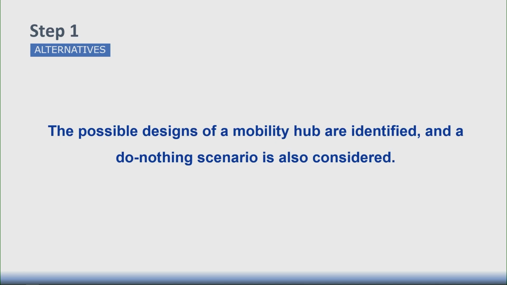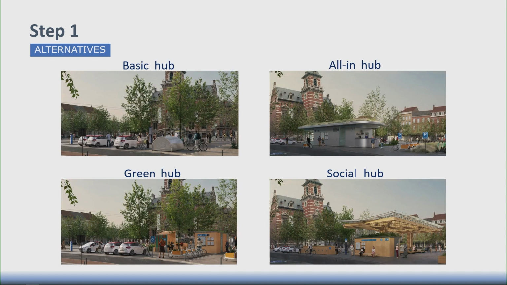Step 1. We need to identify alternatives. The possible designs of a mobility hub are identified, and then a do-nothing scenario is also considered. In this regard, a do-nothing scenario is relevant to know if the implementation of one of the alternatives will be better than implementing none. The 4 alternatives that we're considering for the appraisal exercise that we do today are a basic hub, so a type of mobility hub, a green hub, an all-in hub, and a social hub. These are the names of the 4 different designs that we're considering